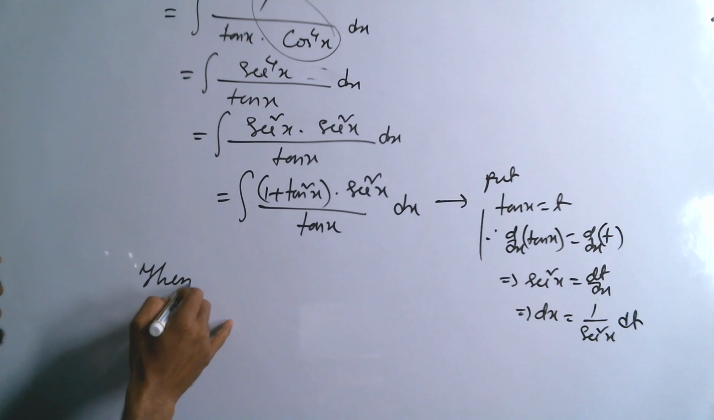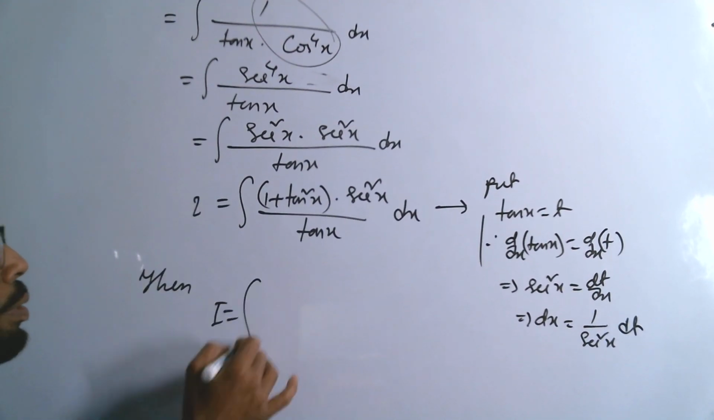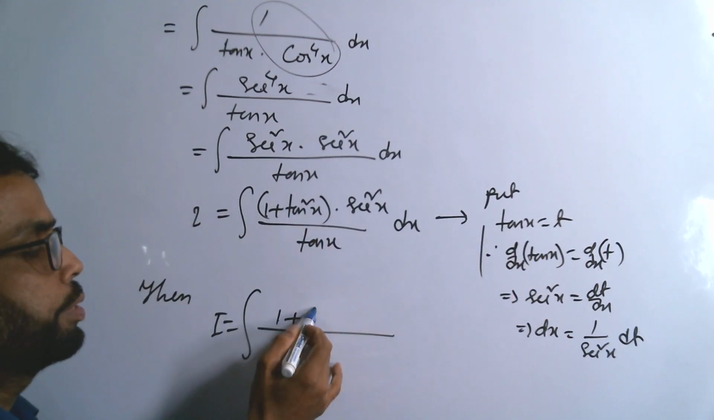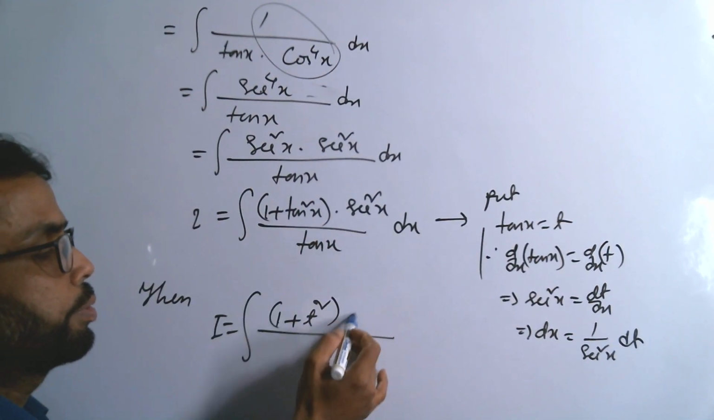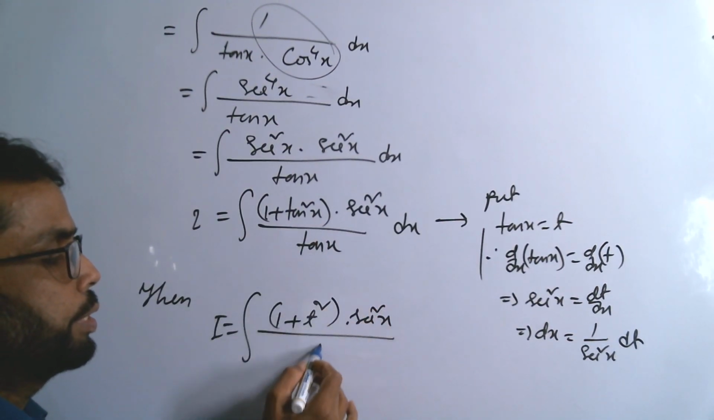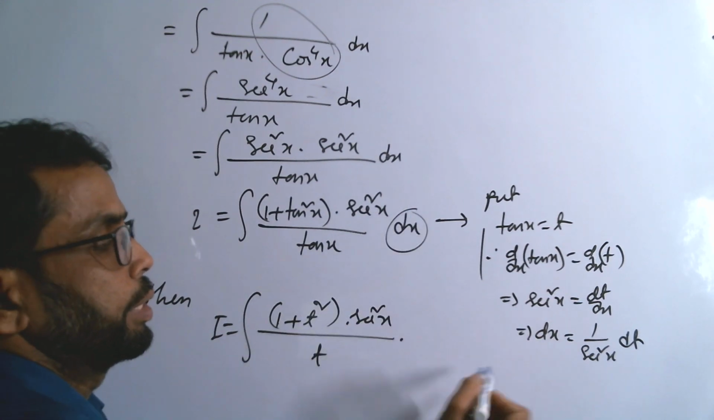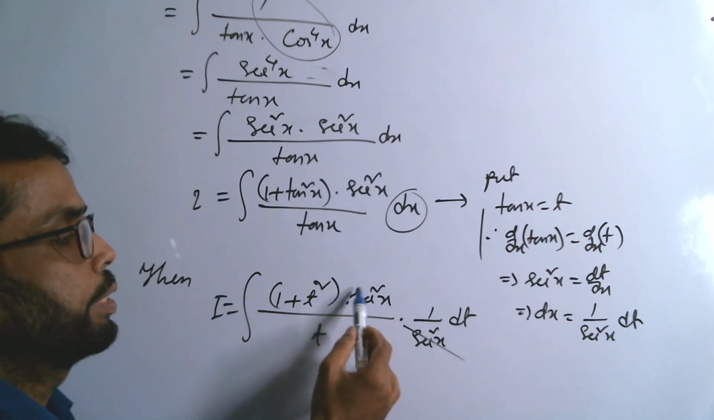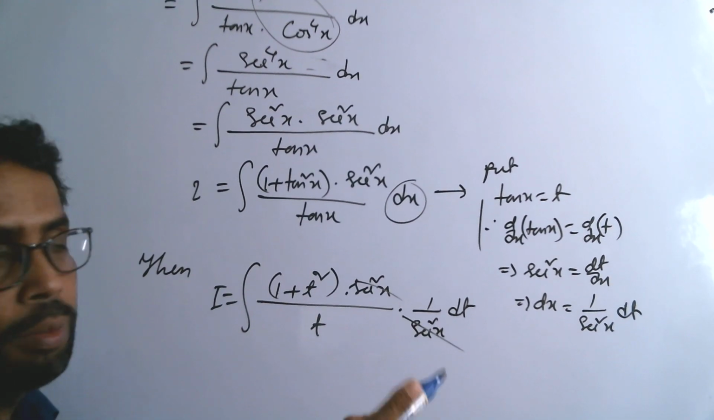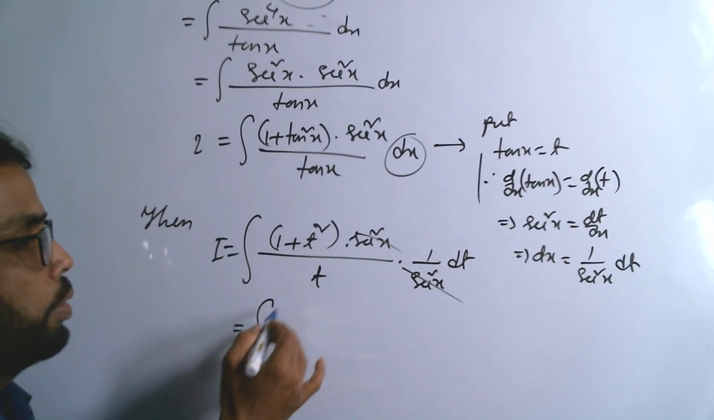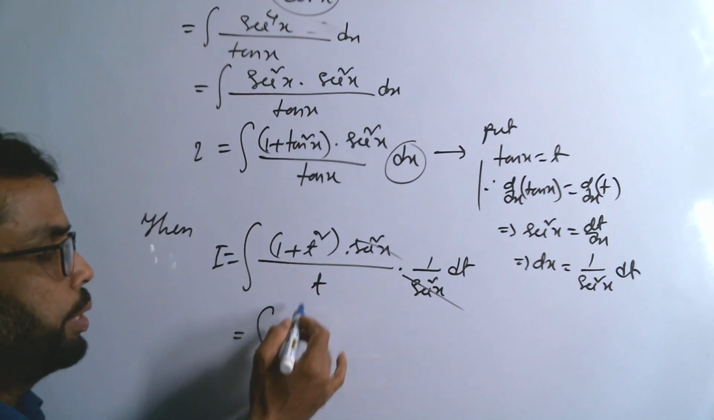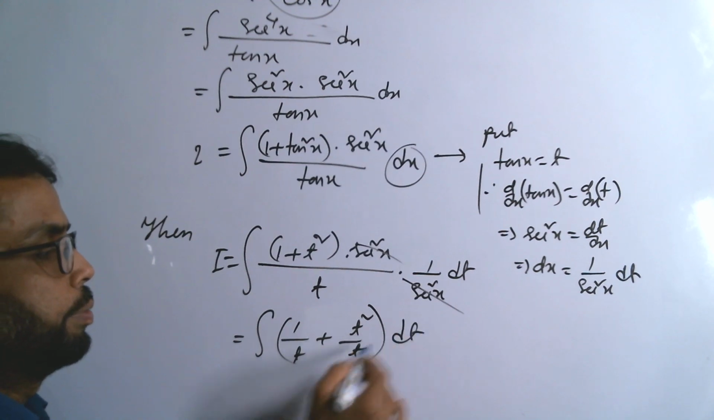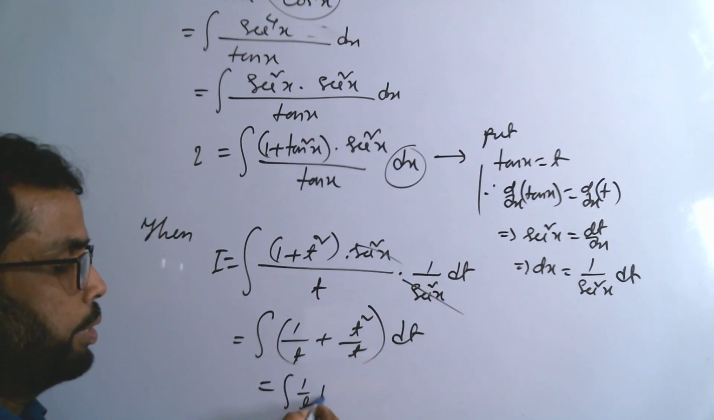Then the integration is changing. This is the integration changing now. 1 plus tan square is 1 plus t square, since we have taken tan x as t. Sec square is as it is. This tan x is t, and dx we have converted. dx is 1 by sec square x into dt, and this is getting cancelled. So the process is correct. Now we'll split it into 1 by t and t square by t into dt. So finally it is 1 by t dt